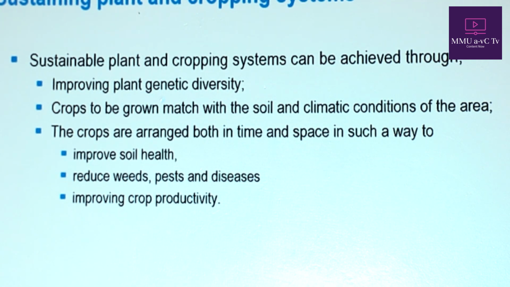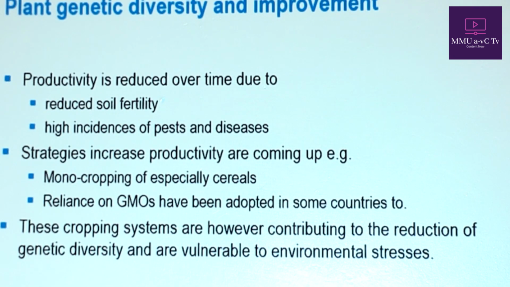The crops should be arranged both in time and space in such a way to improve soil health, reduce weeds, pests and diseases, and improve crop productivity. We have talked about diversity, and we were talking in terms of varieties, breeds, but this is related with genetics. So genetic diversity is important in resilience and in sustainable production,